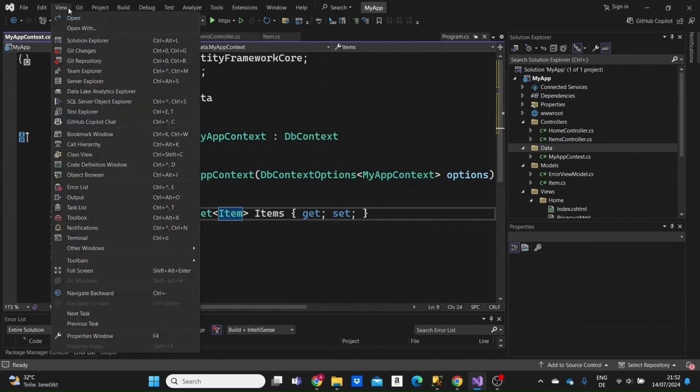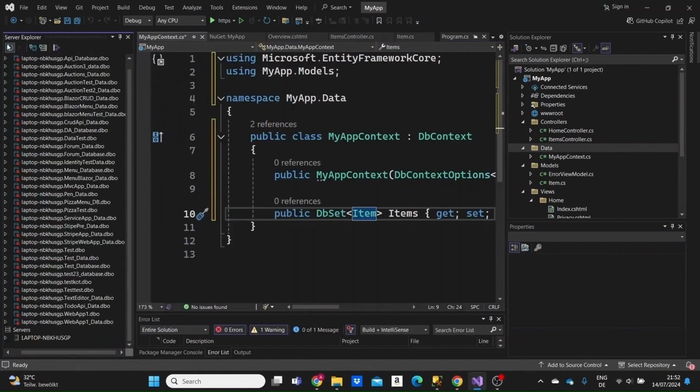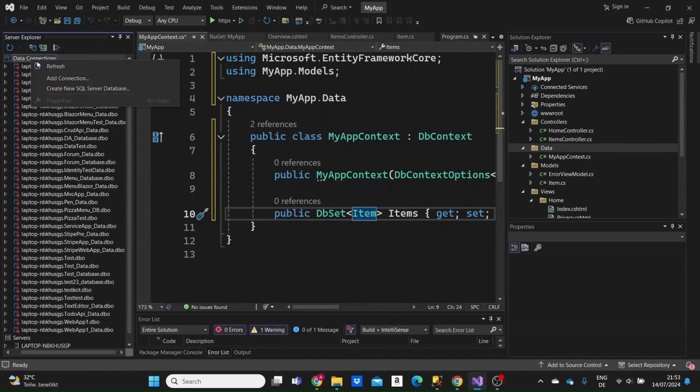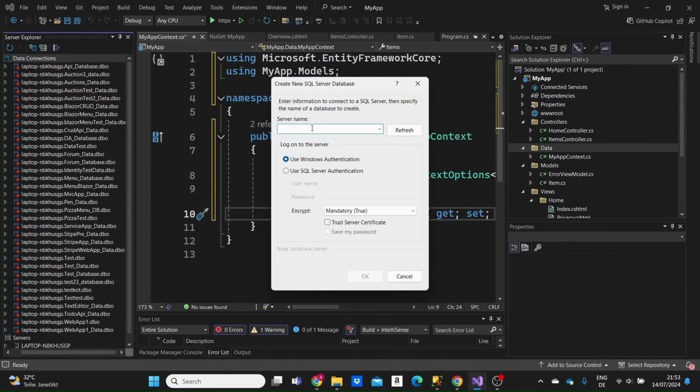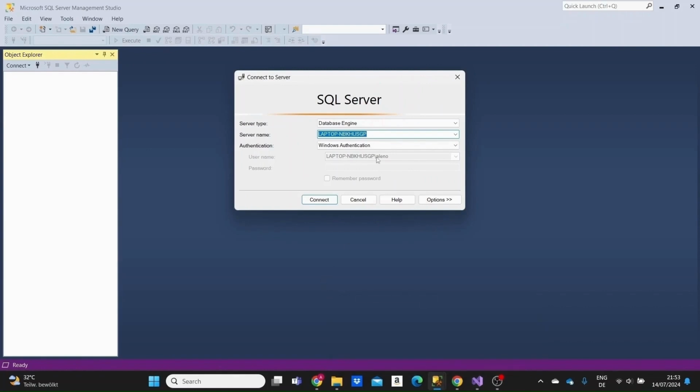We can go to the View menu here and click on Server Explorer. Here we have a lot of database instances I had created before. We just need to go to Data Connections, right-click and click on Create New SQL Server Database. Here we need to write the server name, and if you open up the Microsoft SQL Server Management Studio, you'll see the server name on top of the page. We can just click the name of it here,